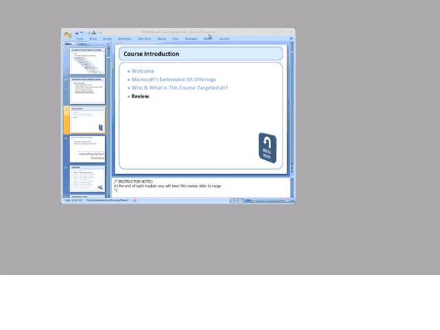Okay, well, let's continue on. So we finished up here on this review slide for the course introduction module, and now we're going to move into our operating system overview module. As you can see here, we have another hidden slide, and this slide would be the title page in the manual that would be printed for that module, the operating system overview section. So the next slide you'd actually see in presentation mode would be this slide here, which is the